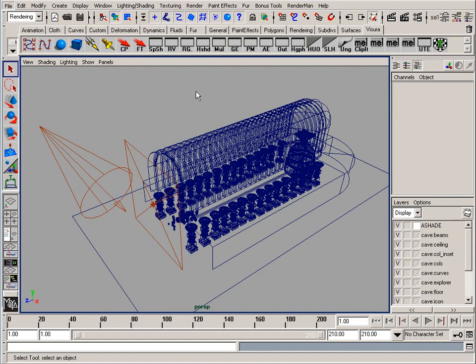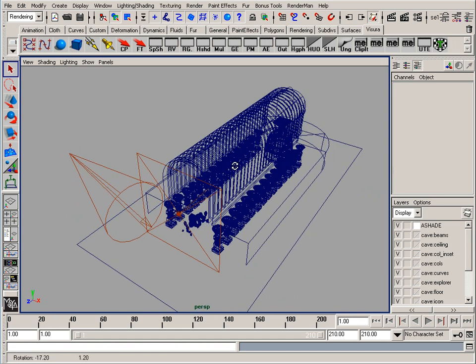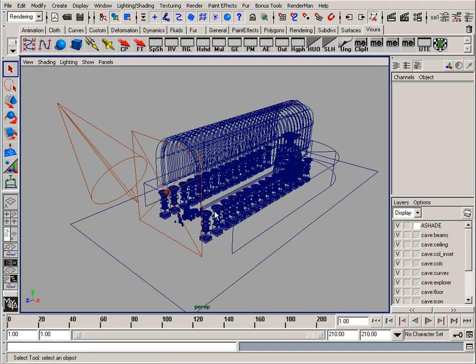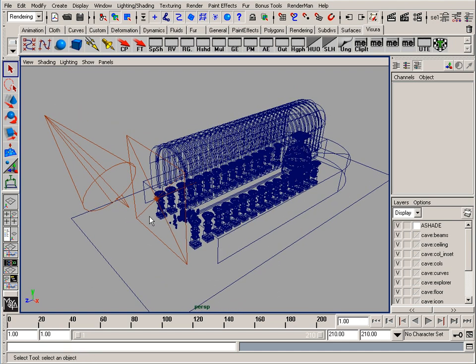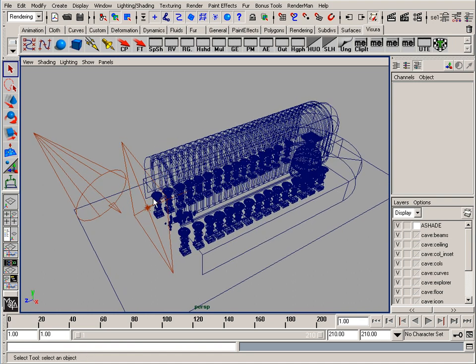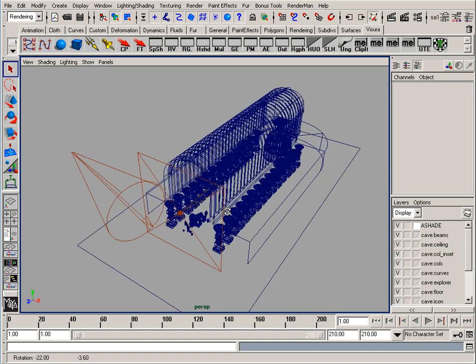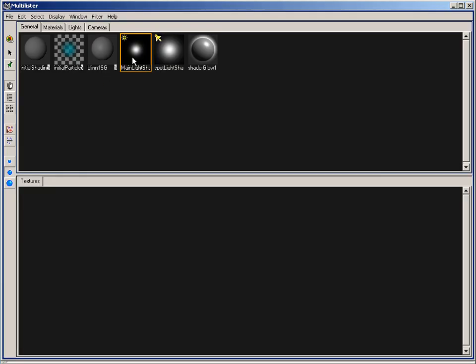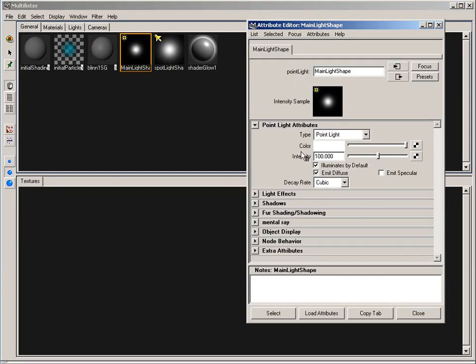Alright, so let's look at the Indian cave temple again as an example of some of these techniques. Here what I have is an opening at the end of the file. What I want to do is let sunlight be admitted through this and then show photon travel throughout the length of this space. What I've started by doing is I've put a point light source centered on the end, and if we look at the attributes of this light, we can see it's just a point, cubic decay rate, and